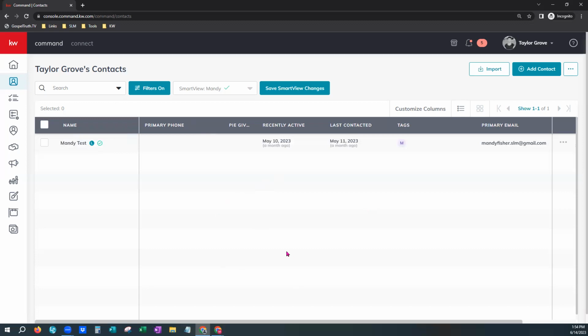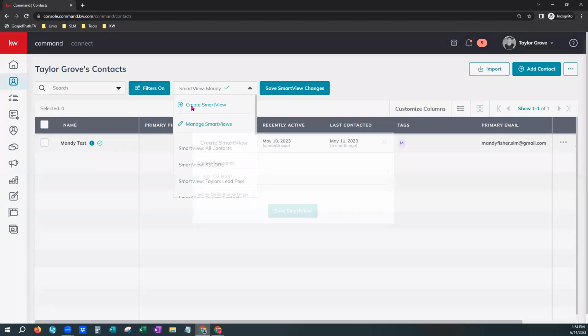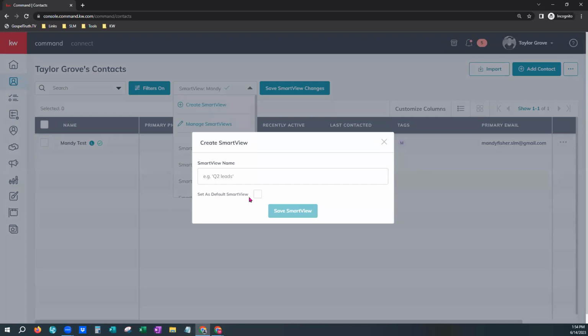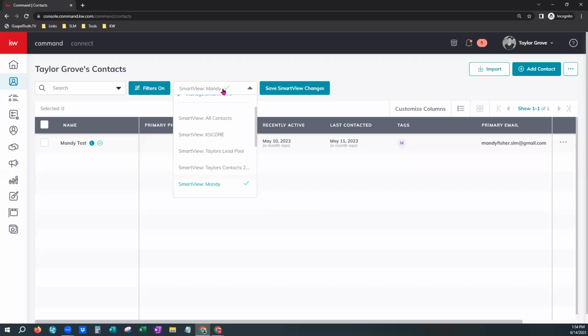Maybe I want to see that view every time without having to go through the filters, right? So you can actually come up here and create a smart view. If you scroll to the top, it gives you the option to create a smart view. You can name it. You can even set it as the default, which means it would be the same view that you see every time you log into your command database, which I don't want to do today. And then you could save that. Or you can come up here to your smart views again. You can manage them, delete them, redo them if you'd like,